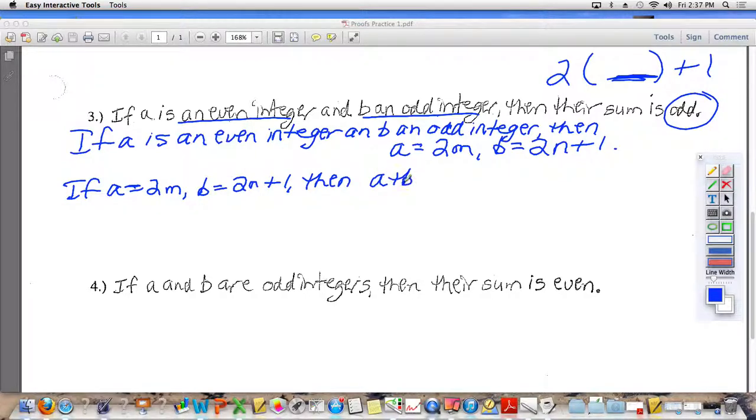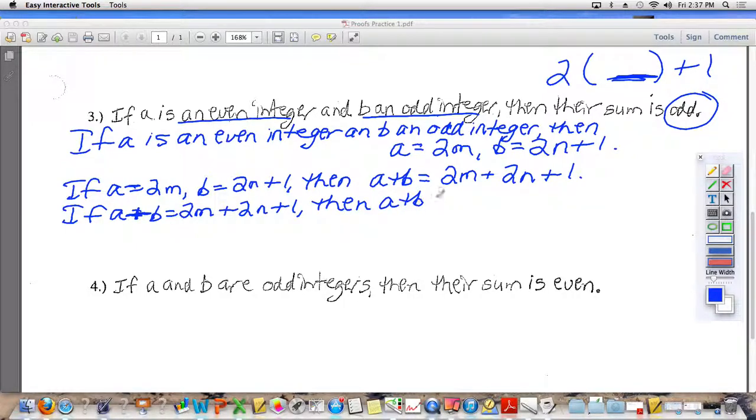A plus B is equal to 2m plus, what's B? 2n plus 1. Next statement starts off, if A plus B is equal to 2m plus 2n plus 1, then